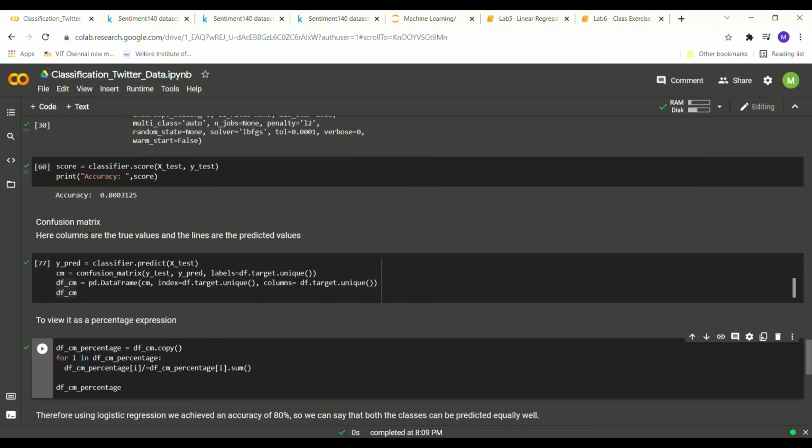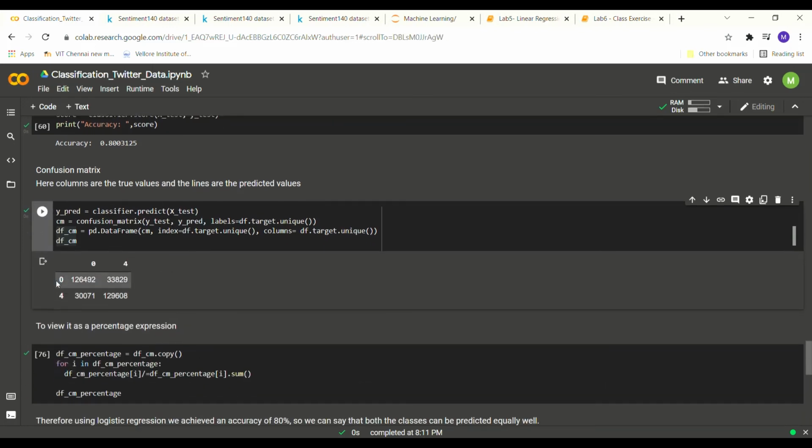Here I've displayed the confusion matrix for the model that we built. The columns will show the actual values, whereas this will show what the model has predicted. For what was actually negative sentiment, the model has predicted correctly these many cases, whereas what was actually negative sentiment, the model has predicted this many tweets as positive, which is incorrect.